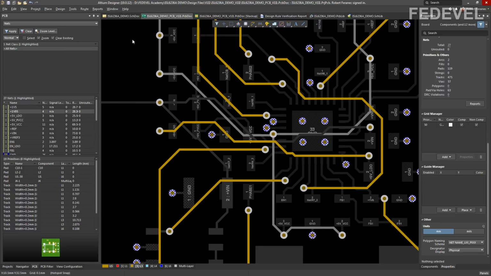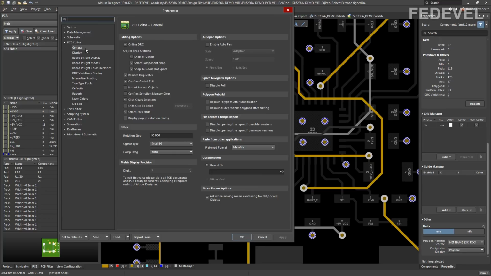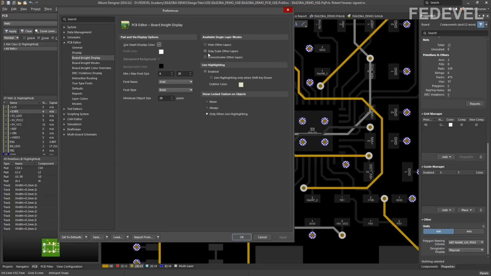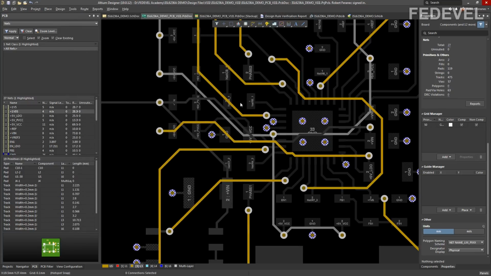Go into Preferences, right click into empty space, Preferences, go into PCB Editor, Board Inside Display, and instead of using Grayscale Other Layers, you can use Monochrome Other Layers. So I'm going to uncheck this, check this one, okay.